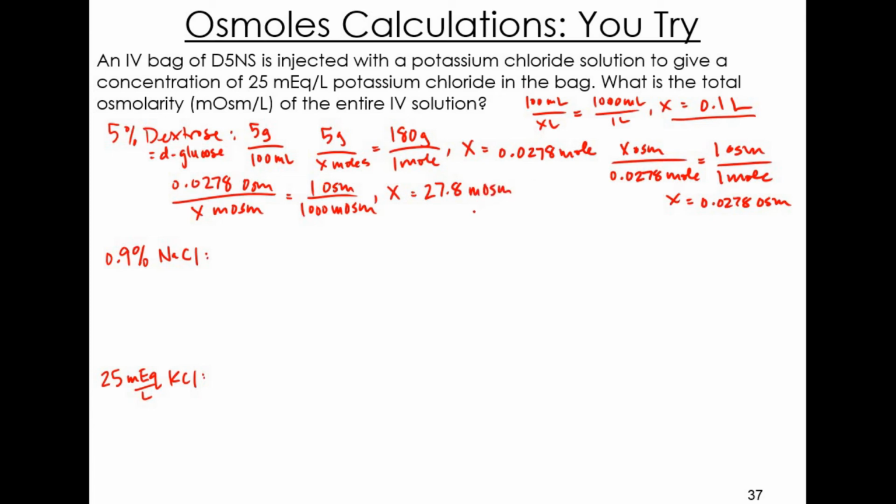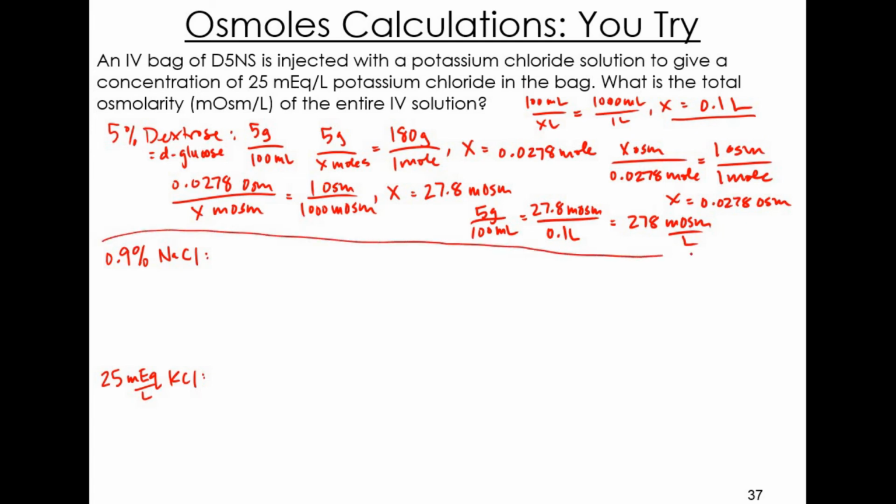Okay, so that means that for dextrose, 5 grams per 100 milliliters is the same as 27.8 milliosmoles per, we calculated the volume here, 0.1 liters, which is 278 milliosmoles per liter. Okay, so that's our answer for the 5% dextrose, and we need to do this for each of the components